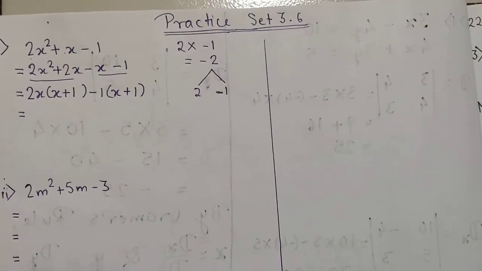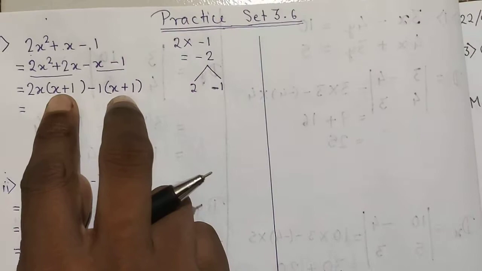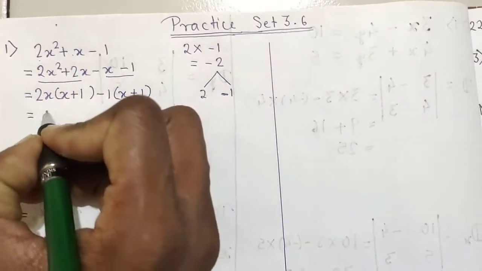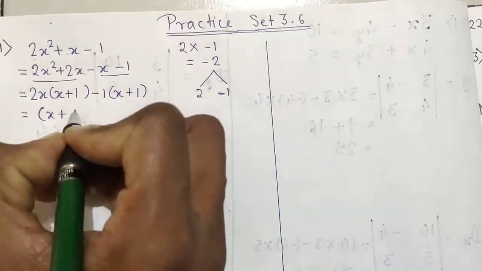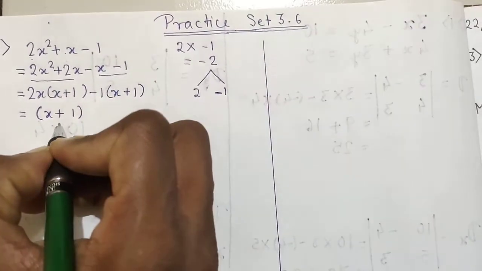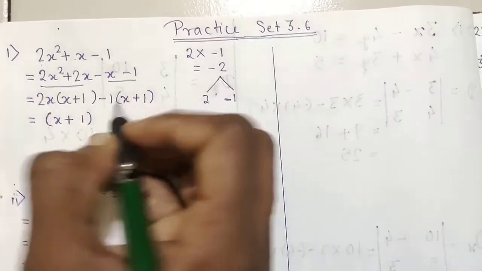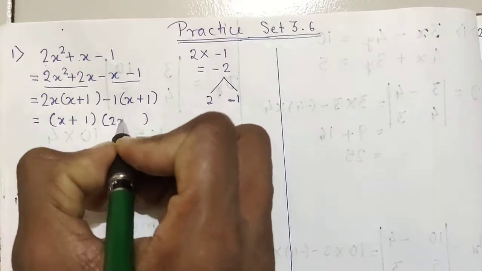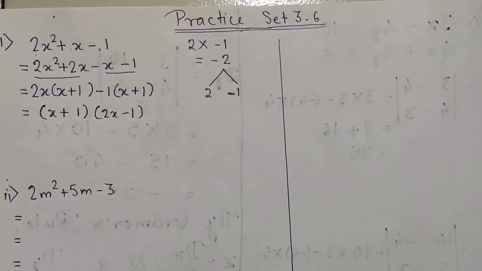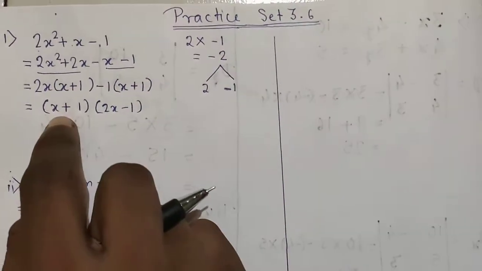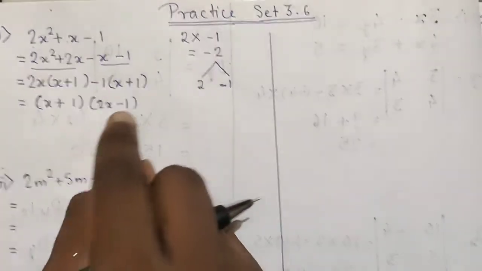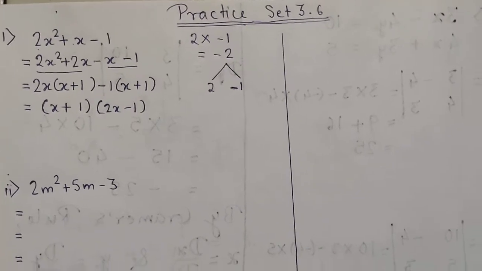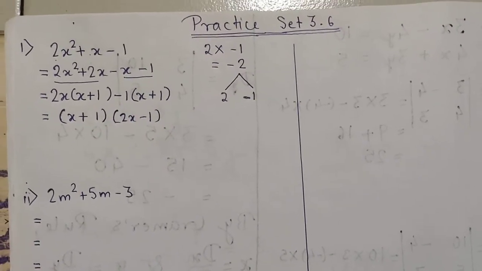Okay students, remember these two boxes should be the same, so we got the same. Write these two boxes here in one bracket. Keep these two brackets the same and write here. Now what is remaining, what is outside this bracket? 2x minus 1. Again we have taken x plus 1 common, and whatever is remaining you are going to write in another bracket. So in this way we have completed this first sum.